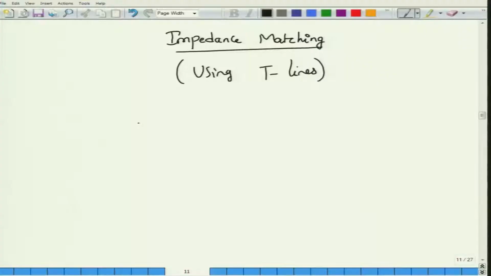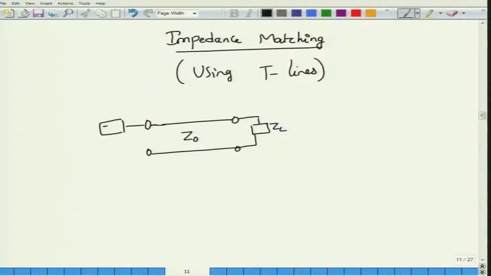Suppose we have a transmission line with a characteristic impedance. We will assume again lossless transmission lines, and one of the reasons why we assume lossless transmission lines is because the matching network itself needs to be lossless, and then connected to a certain load ZL. You might have a source whose impedance is Zg connected to a phasor voltage Vg.